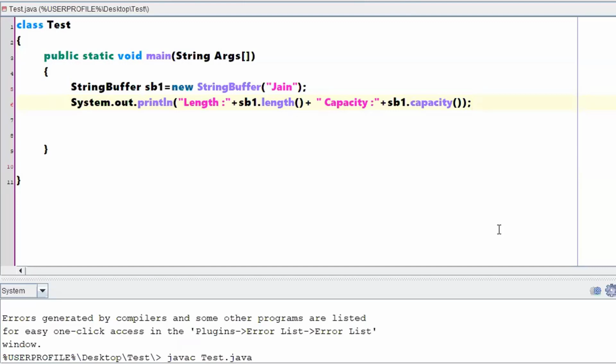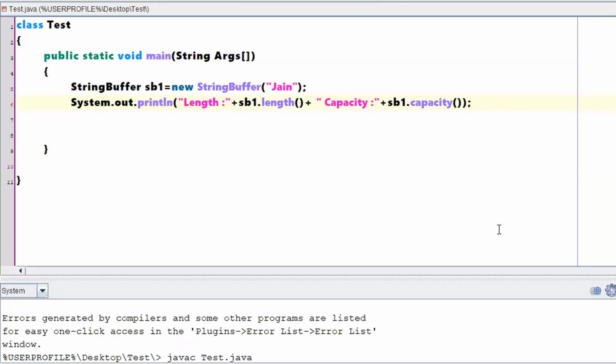For example, if you are sure that you will be doing many manipulations on a string you have taken as input, and that a few more characters are going to be populated during program execution, only in those situations are you supposed to go with a string buffer.